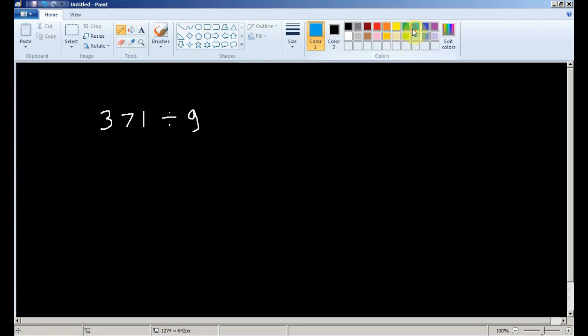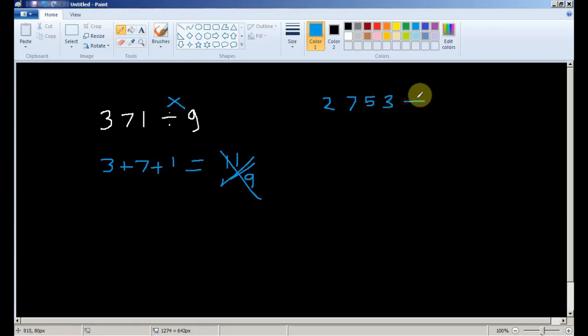Just simply add all the digits. 3 plus 7 plus 1 is, 3 plus 7 is 10 plus 1 is 11, and 11 is not divisible by 9. It's not perfectly divisible by 9, therefore this number is not divisible by 9. Let's pick another example. 2 7 5 3 divided by 9.